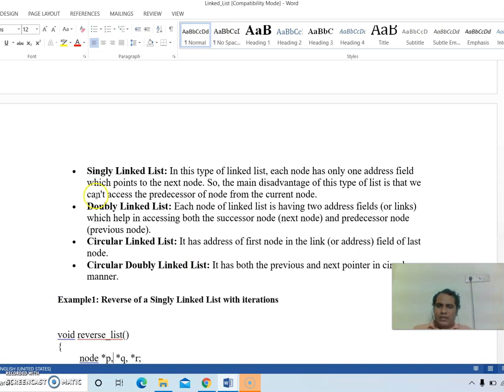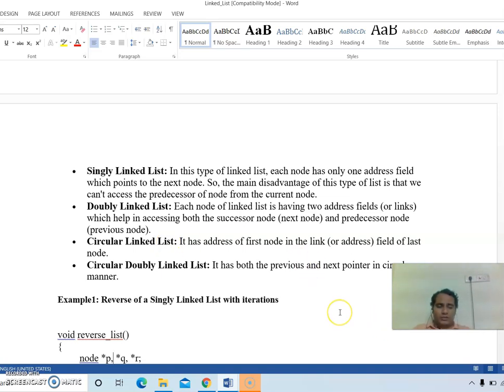So I can have a single linked list, I can have a doubly linked list. In the same way, if I am at the end of the linked list and need to come to the beginning, do I need to traverse all the way, or can I have some other structure? What I can have is that the last node points to the first node, so that becomes a circle. That is your circular linked list. And again you can have a circular doubly linked list. So these four are possible.